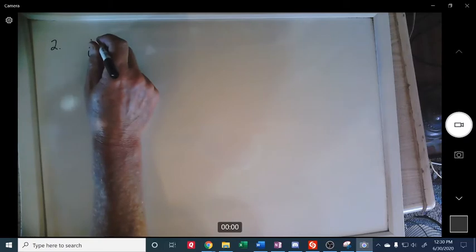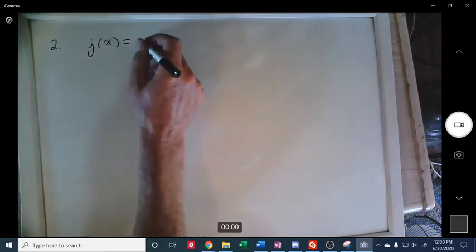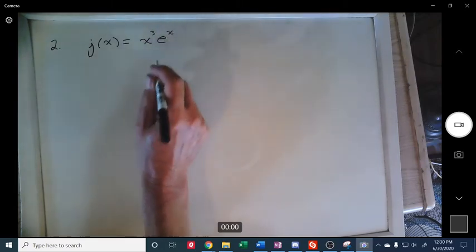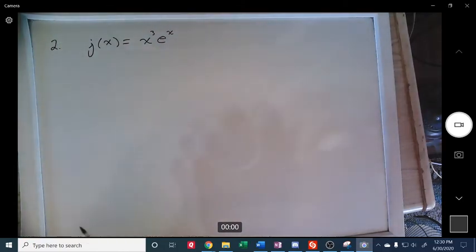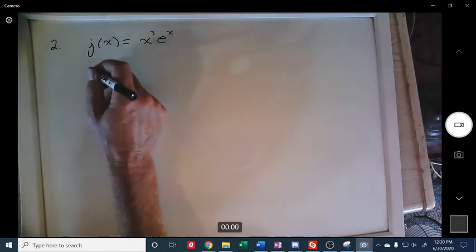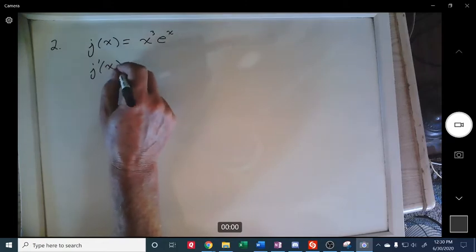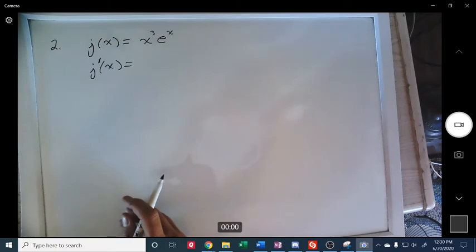Now, let's come back and suppose we have a function like this, number 2. J of x is equal to x cubed e to the x. Now j is some function like f or g or h. Now, j prime of x, if I want the derivative of this,